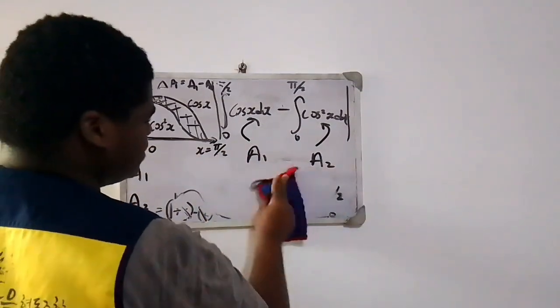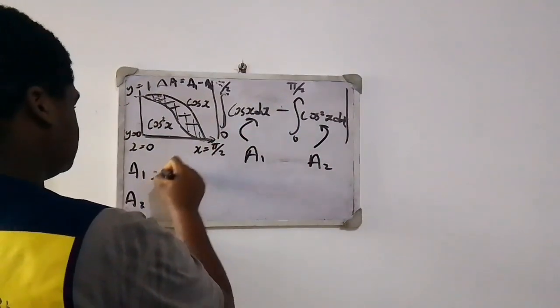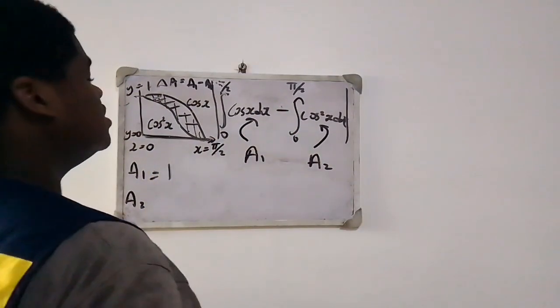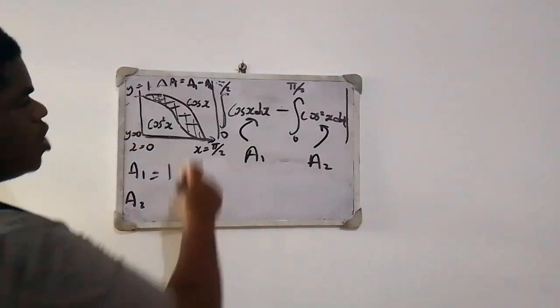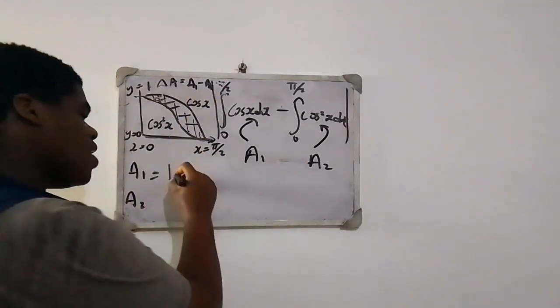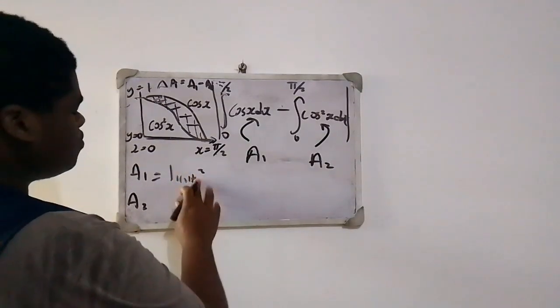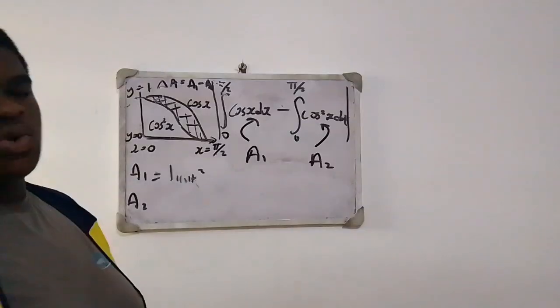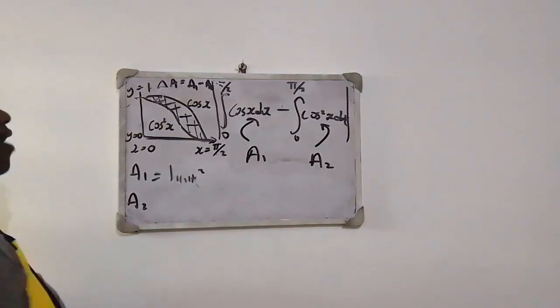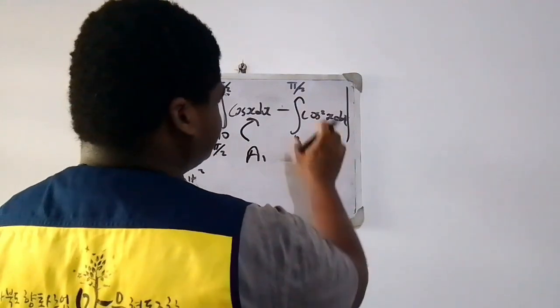So we don't really need any of this anymore. So you have a1 is equal to 1. Now let's find what a2 is. Remember what we're looking for is a1 minus a2. That's our answer. So I found what a1 is. a1 is 1 unit squared. They don't tell us if this is centimeters or anything, so you just put 1 unit squared. Okay. Now this a2 now is equal to,